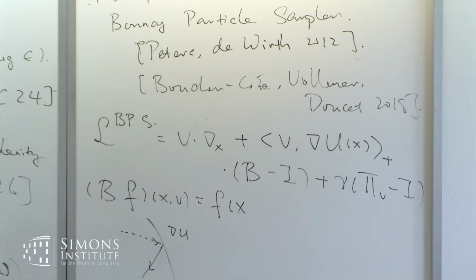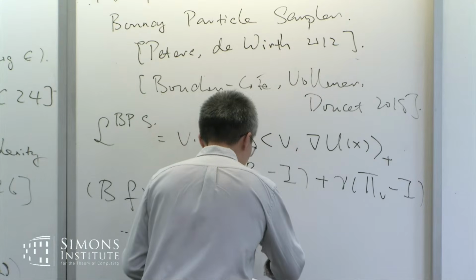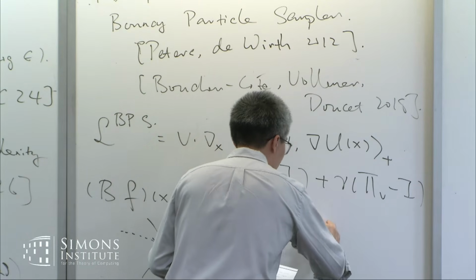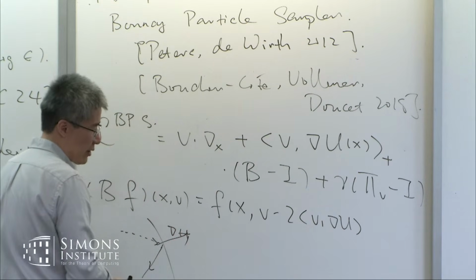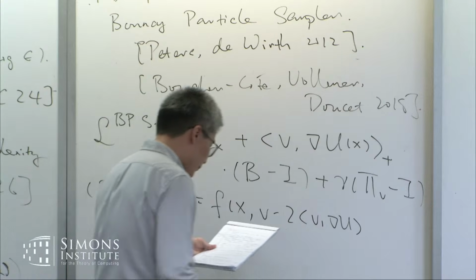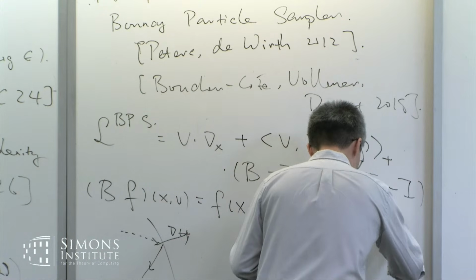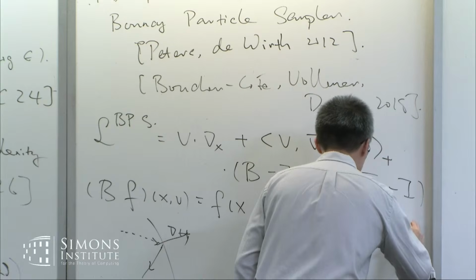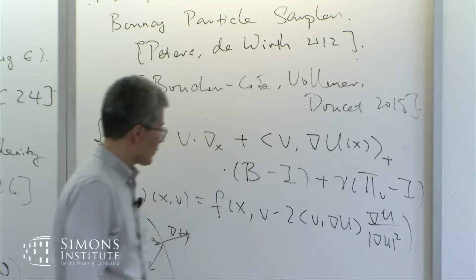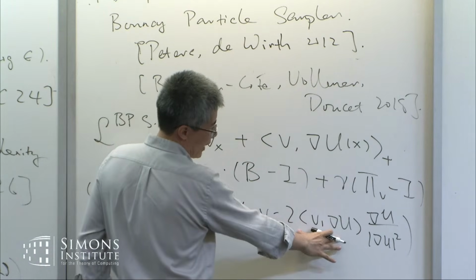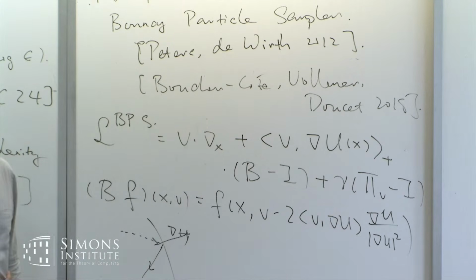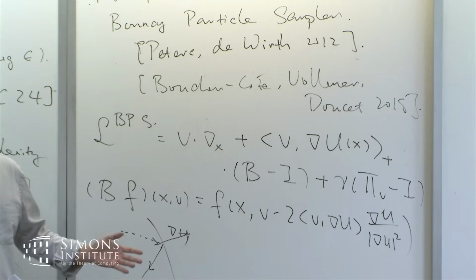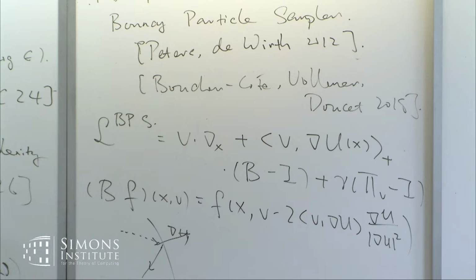Okay, and now in terms of equations, you flip the direction of the velocity in the perpendicular direction of the potential, in the perpendicular direction of the isosurface. So that's why you only reflect the velocity component in that direction, right? So this is what this formula means. Is it clear? So now if you want to describe this process as a trajectory on the level of SDEs,